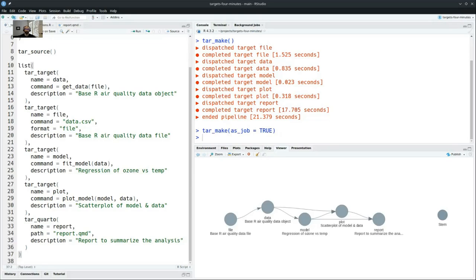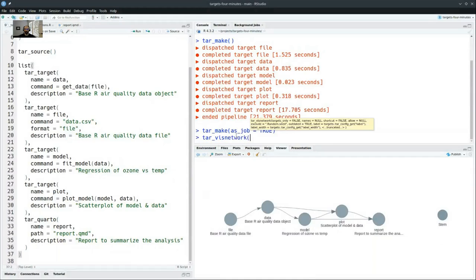Yeah, that makes sense. Was there anything else in terms of the code walkthrough that you wanted to show before I ask you some broader questions about targets? I'll just mention that this business of a target being up to date or not, there are a lot more functions in targets that allow you to inspect the state and progress of the workflow. The documentation website has a long list of utilities for that.